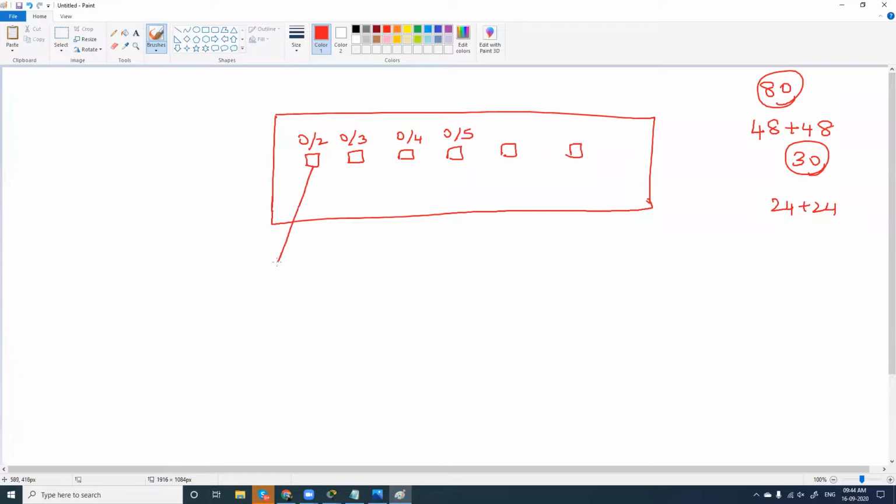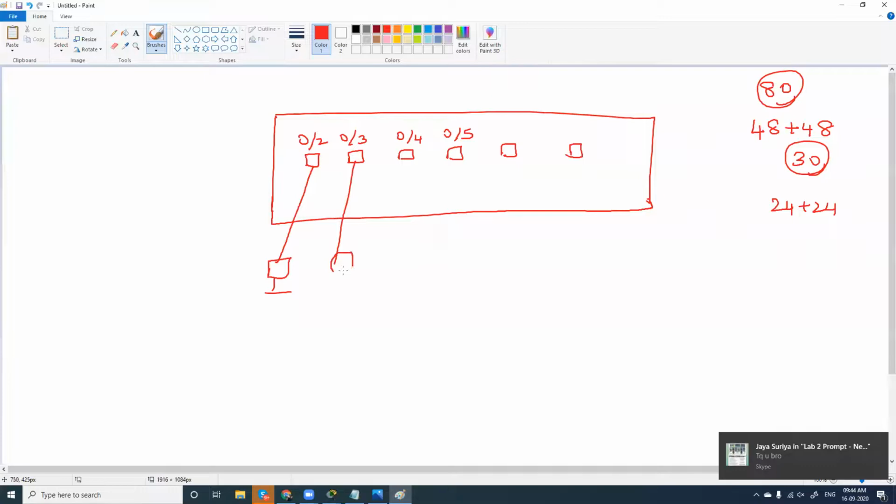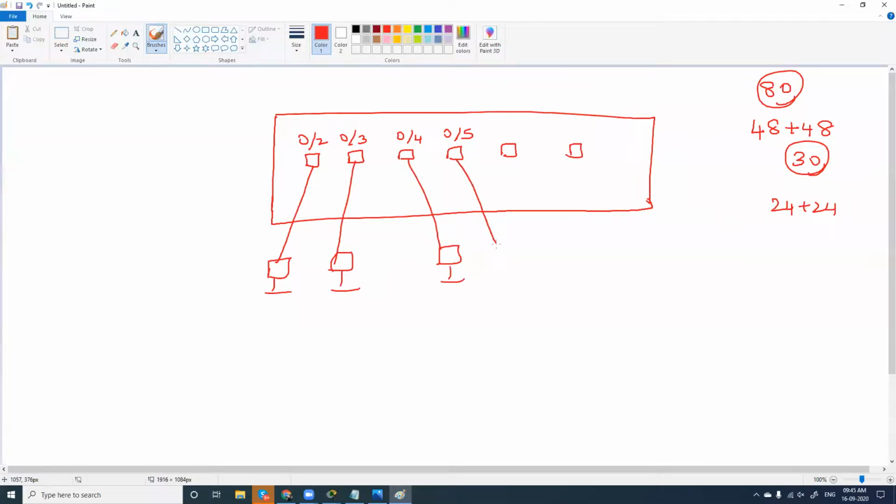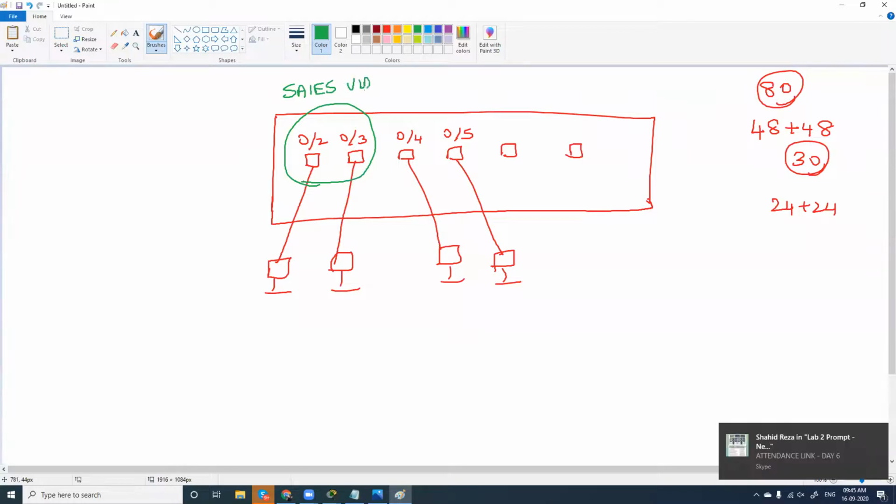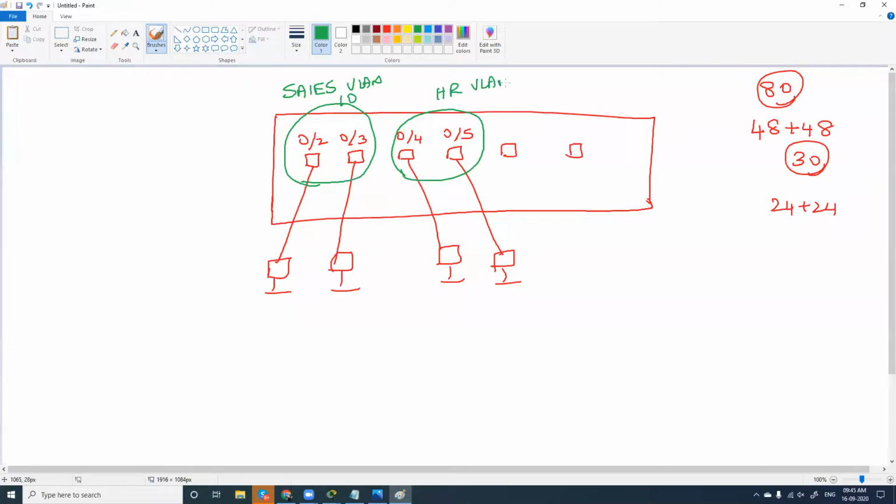So what I'm going to do now is connect 2 computers to these 2 ports, and again 2 computers to the other 2 ports. This time, not like subnetting, I'm not going to worry about IP addresses and other things, but I'm going to configure these 2 ports as sales VLAN, and the number will be 10. And I'll be configuring these 2 ports as HR VLAN, and the number is 20.